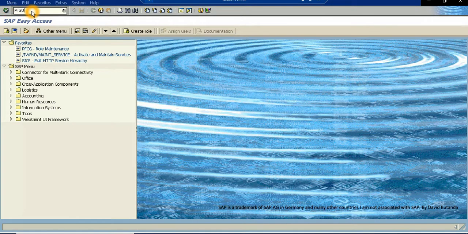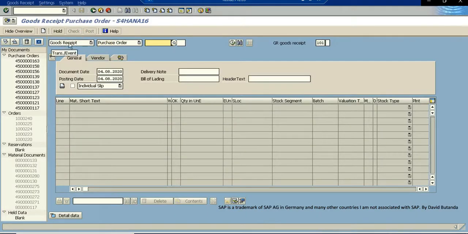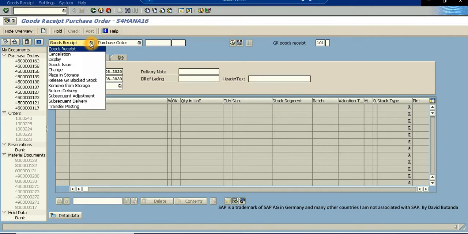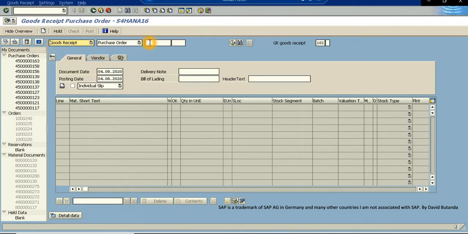continue. System is thinking because of my internet connection. And now we need to select here goods receipt. It is already selected, and purchase order, and paste the purchase order that we want to receive, and check that the movement type is 101, that stands for goods receipt. So when I click on continue,